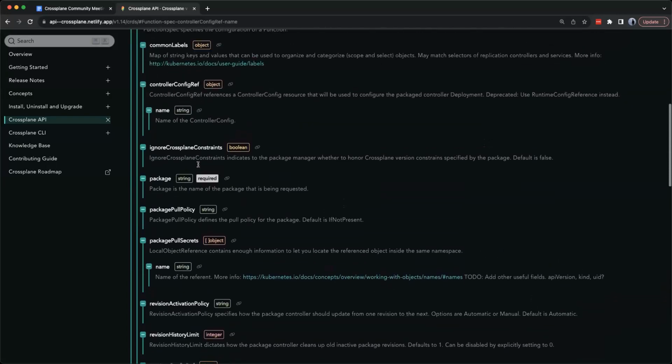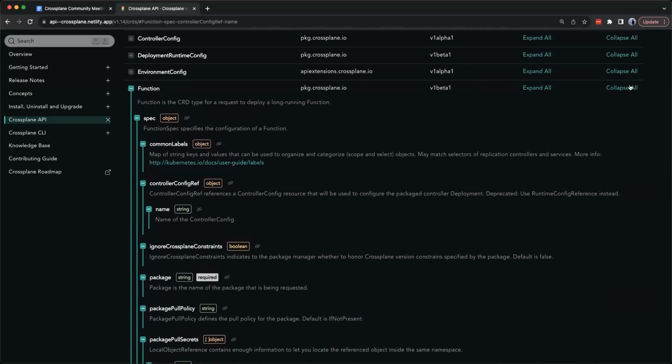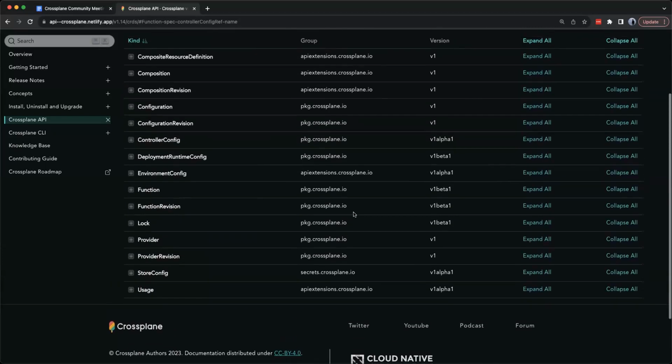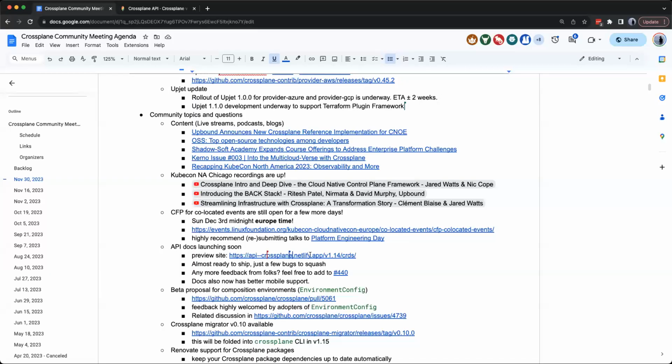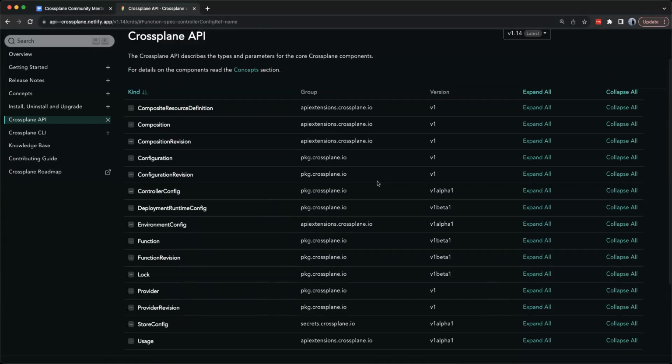I am hoping to be able to make a fork of this so that users can basically build their own static HTML files with the same thing to document any of their own internal APIs, because it's all the same stuff, right? There is a deploy preview that is linked that you can see here. Feel free to take a look. There's an issue linked if you've got comments or feedback.